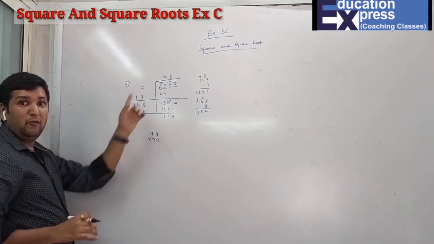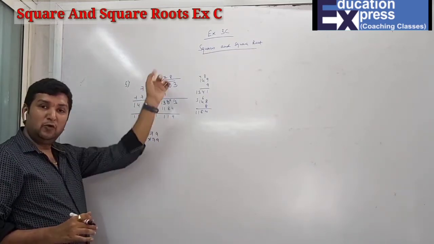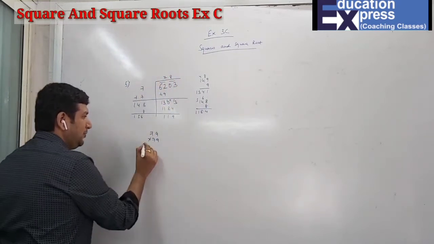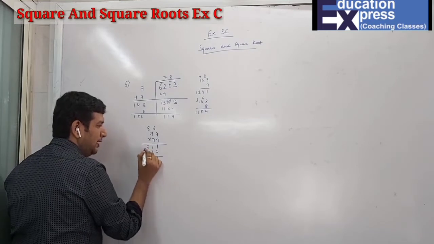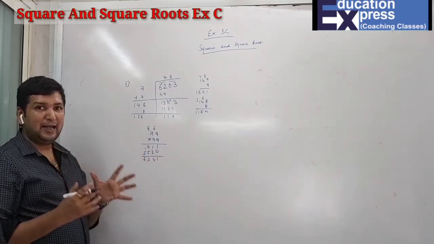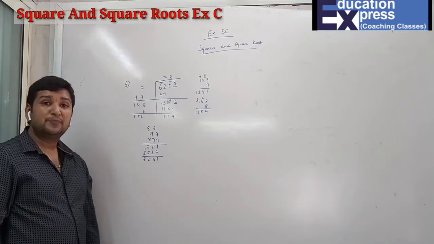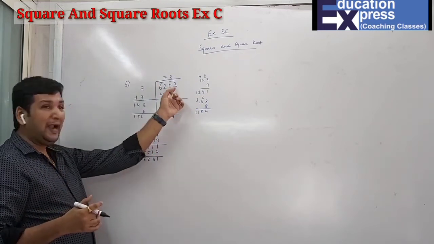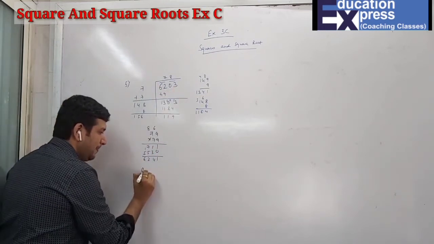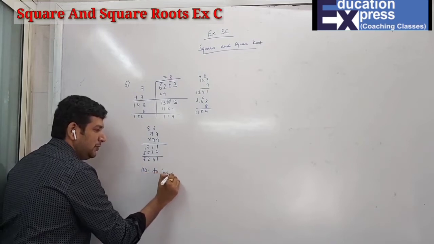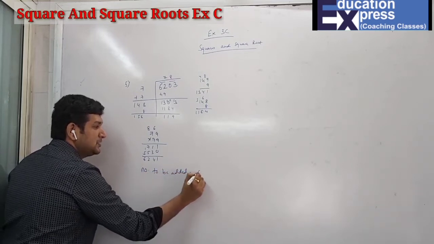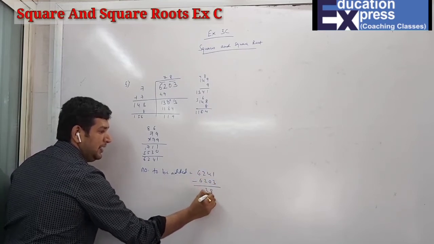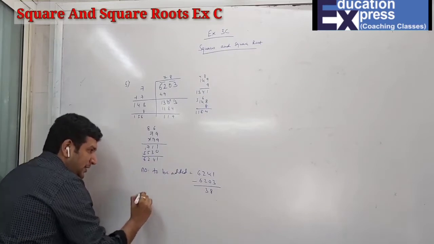How do I summarize it? Whatever quotient you get for the addition part, you have to just see the quotient number. After that, what number comes immediately? 79. So its square will be 6241. So students, can you see that the square of 79 is 6241, but we have only 6203. So what number do I have to add to this to get this? So the number to be added will be 6241 minus 6203, 38.